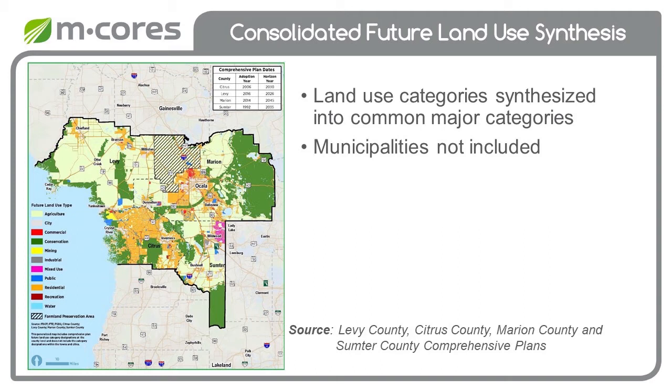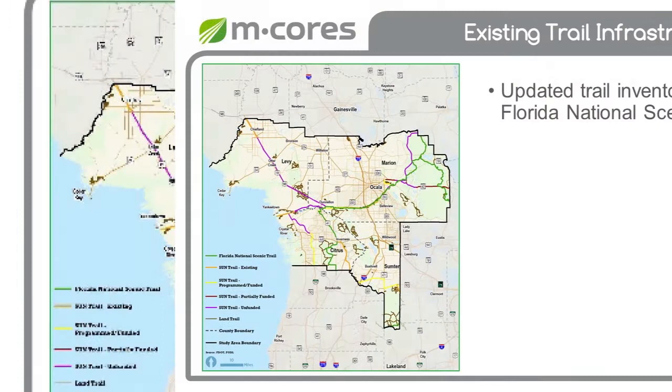Land use for municipalities, which include towns and cities, are not included in the exhibit. This information will be available on the web-based GIS tool, which will be described in an upcoming presentation. Using the GIS tool, you will be able to identify the specific underlying future land use established by the local government. We have also included the adoption year and horizon year for each county comprehensive plan for your reference.